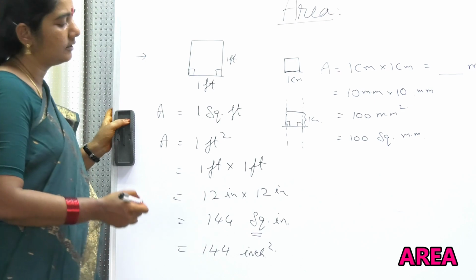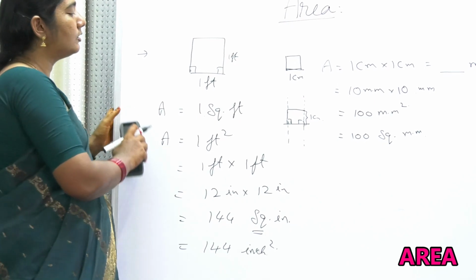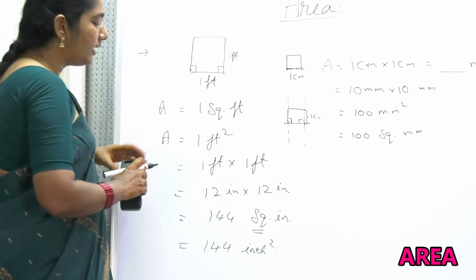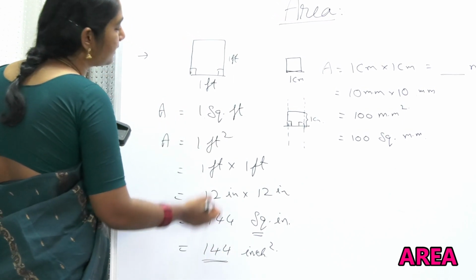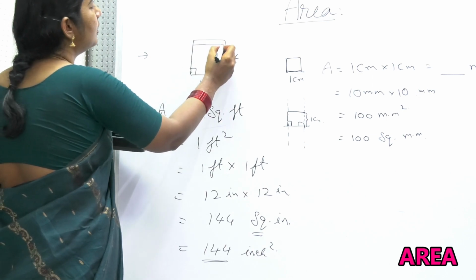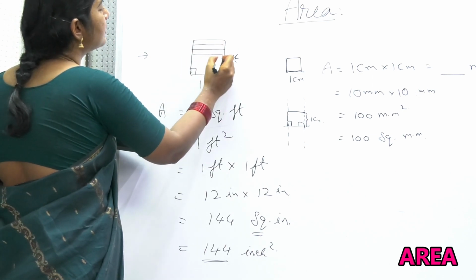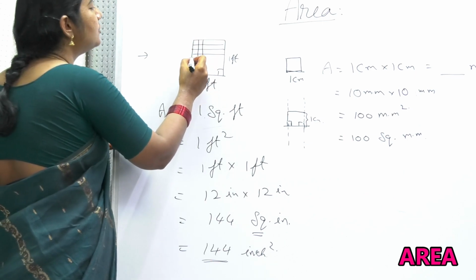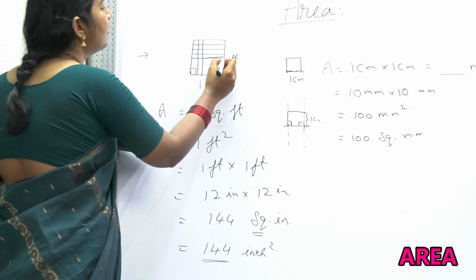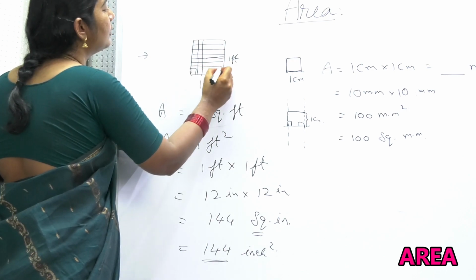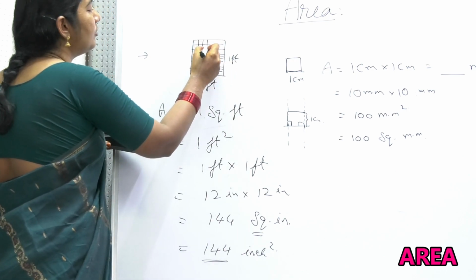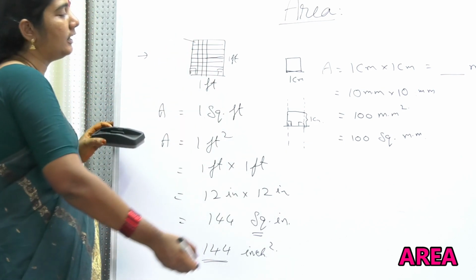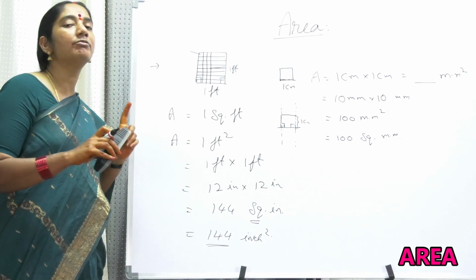Square inches. Okay, my dear friends, now we understood the meaning of this: in 1 square foot there are 144 square inches. Means if you draw small squares whose length and breadth are 1 inch, such boxes, you are going to get 144 of them. So I think now you might have understood. You will get 144 square inches in 1 square foot.